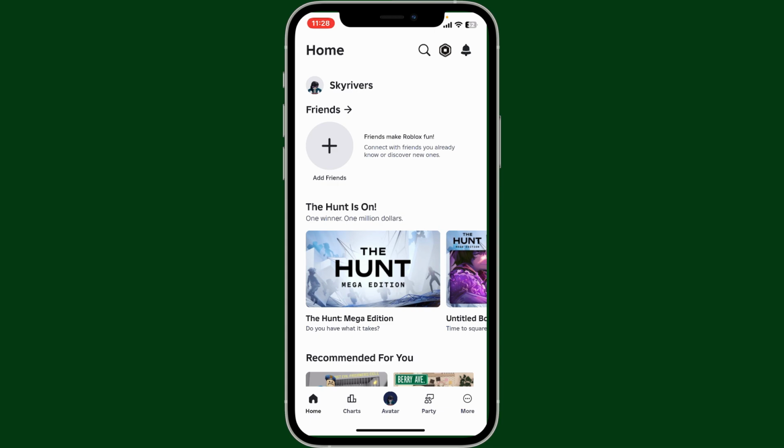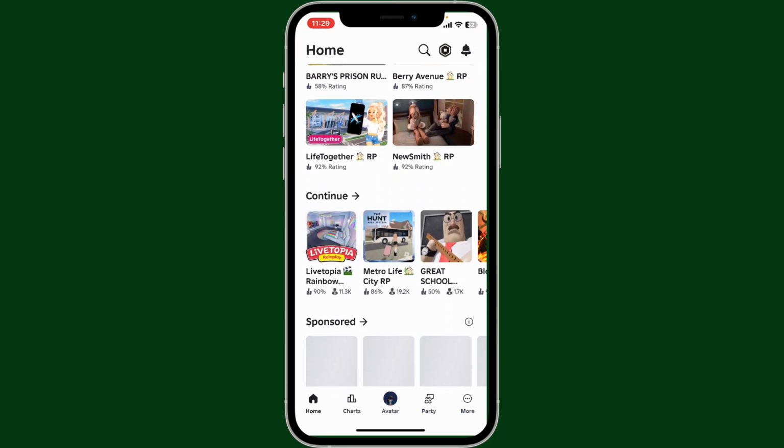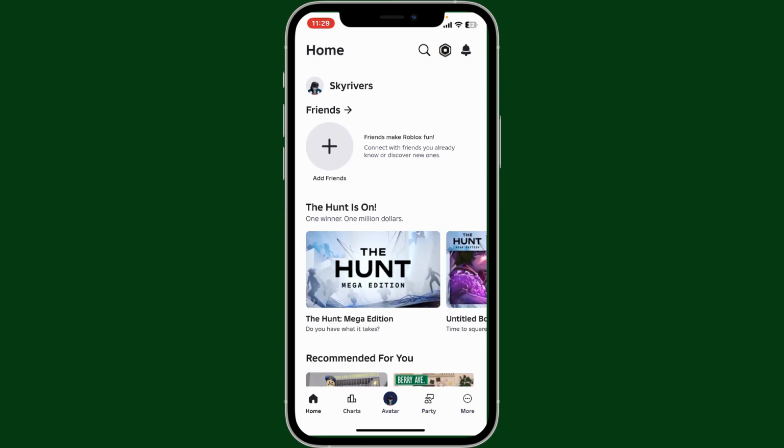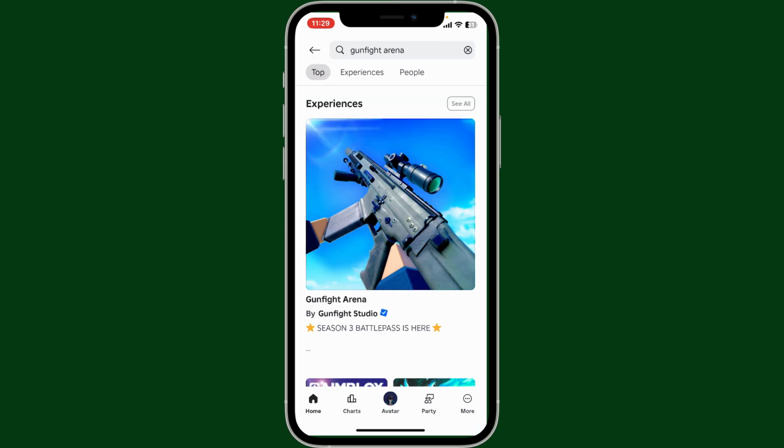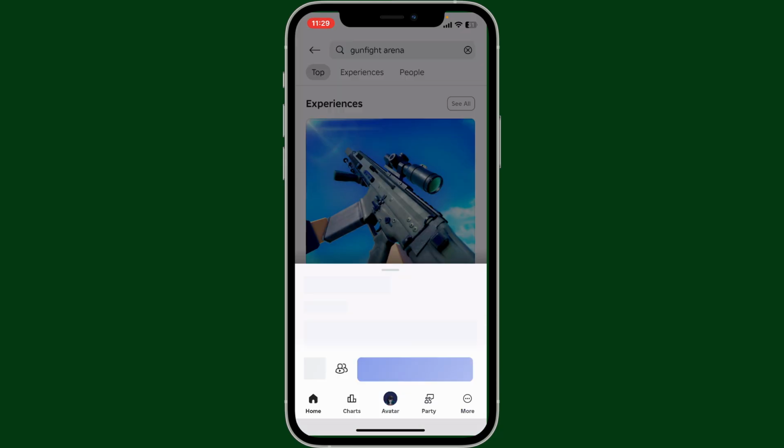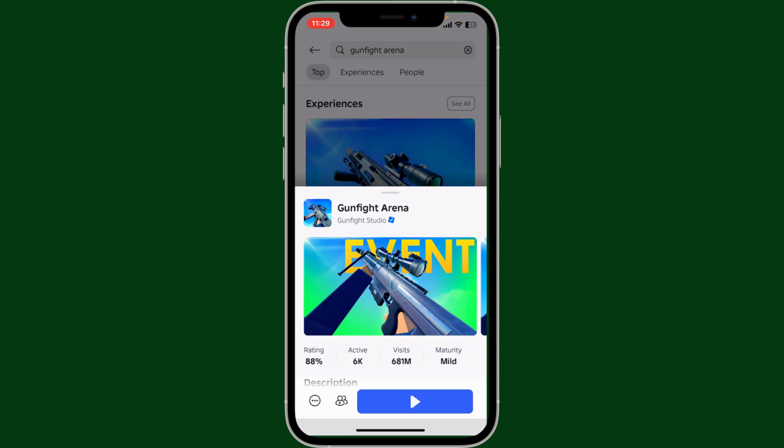Once logged in, go ahead and search for the game you want to like. You can find the game by browsing through the Explore tab or typing in a game in the search bar at the top. After searching and finding a game, simply open it up and you will see this pop up